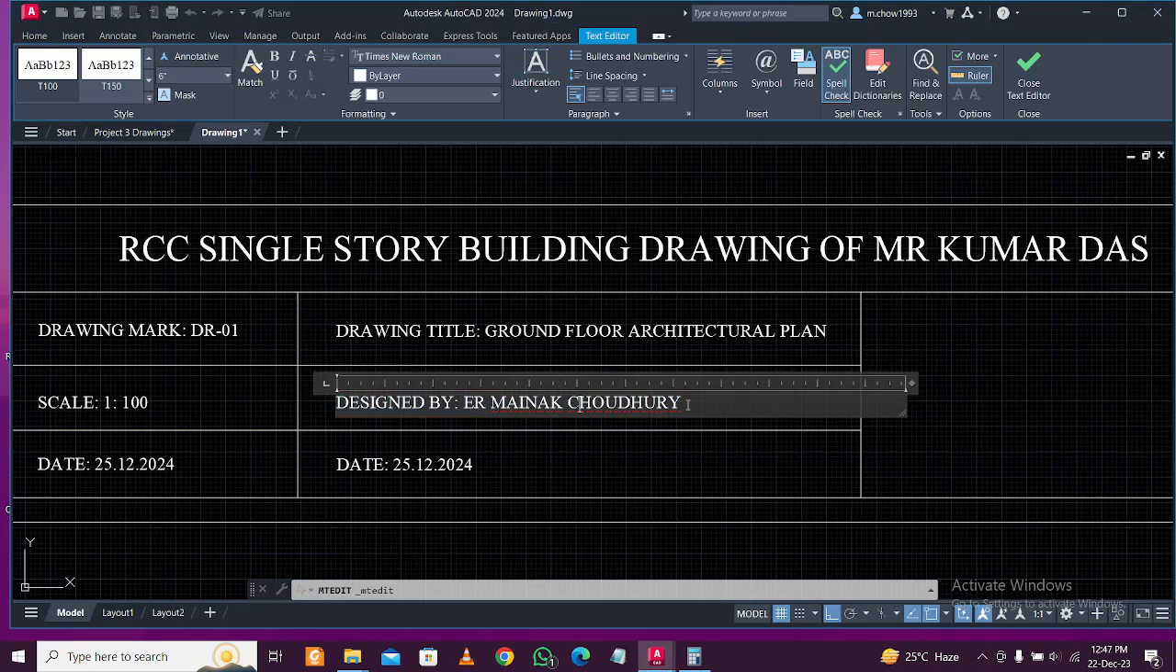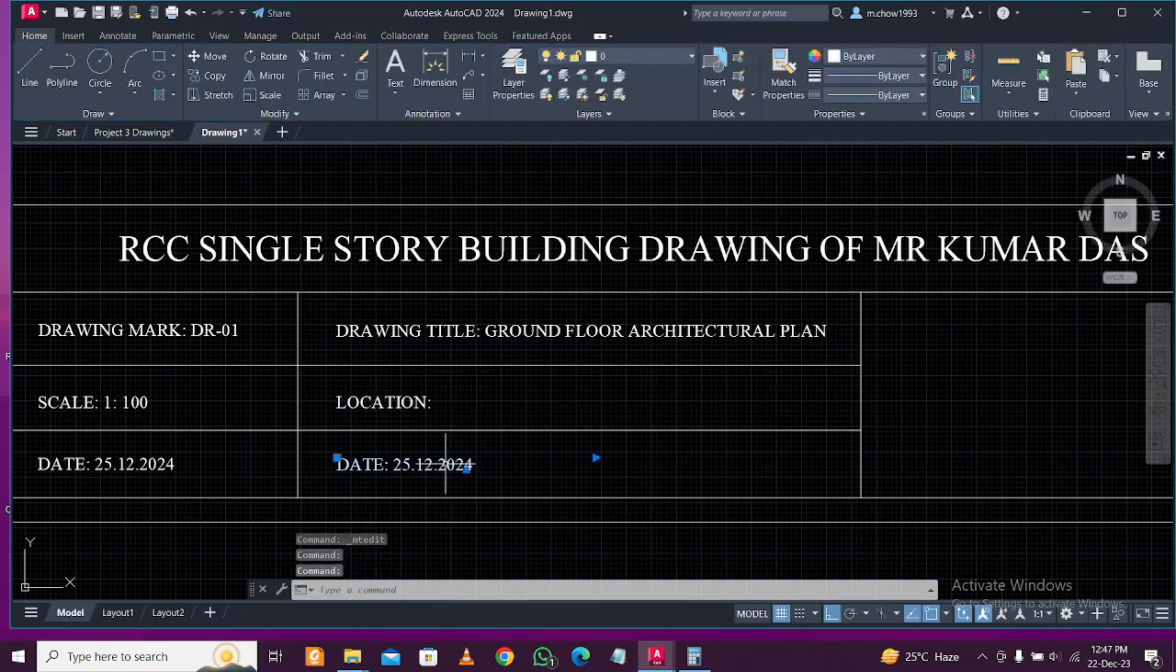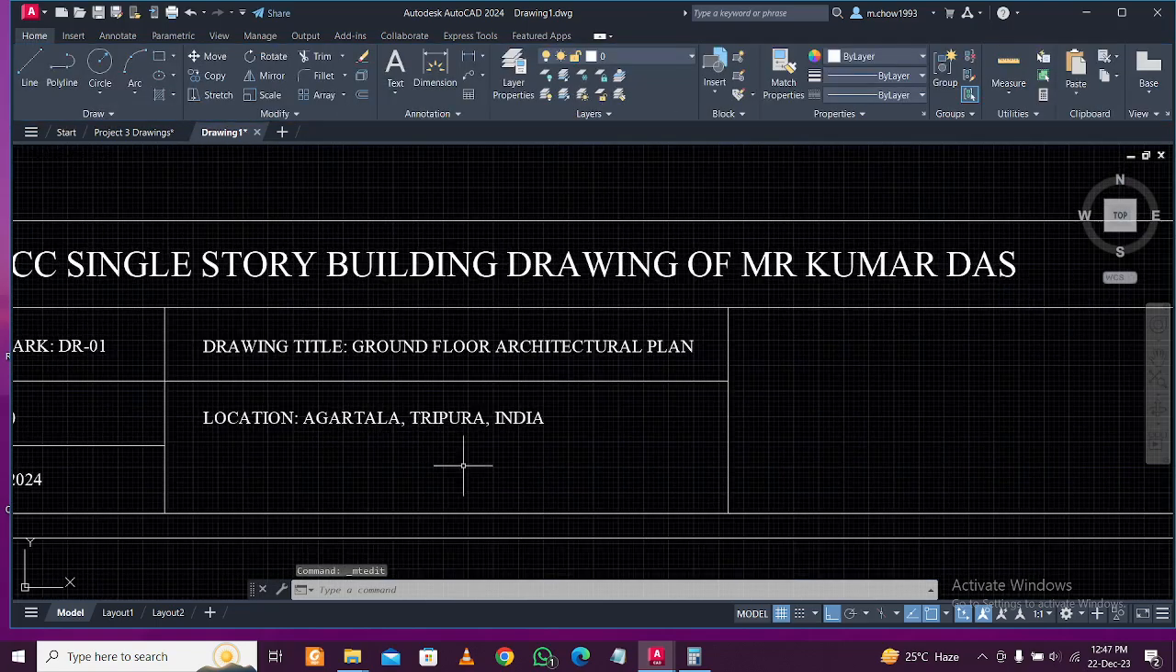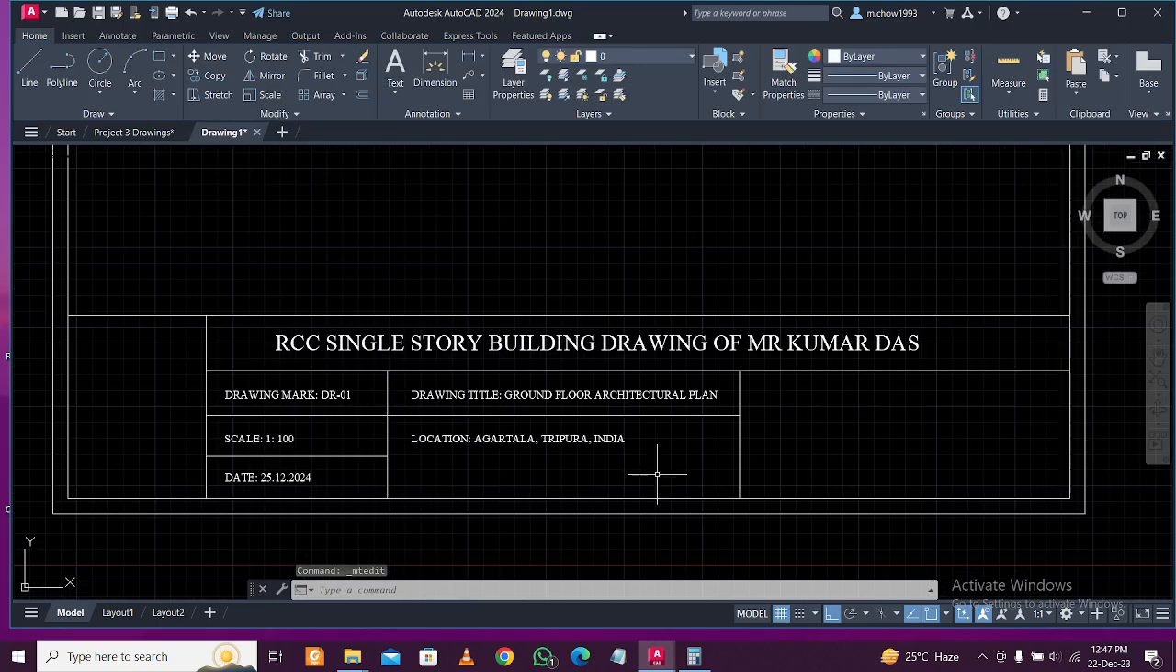Okay, building location you can give here. Okay, location, give the detailed location and pin code and etc. here. Just give the location here. Let's give the location, and here you can include some general notes as well, or you can use your company